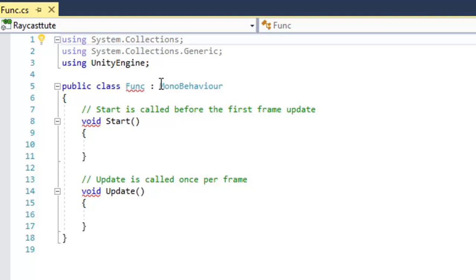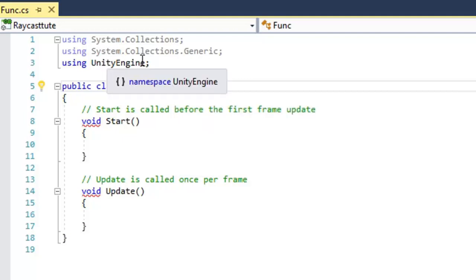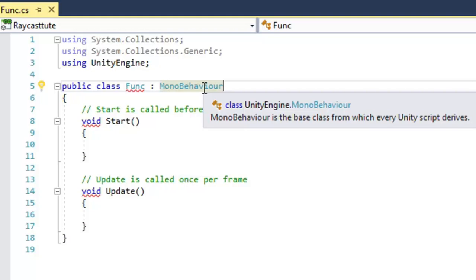Now you can see that we are inheriting, or extending, the MonoBehaviour class. MonoBehaviour is a class already available in the UnityEngine namespace, and various functions and classes are available there which are very useful for game designing. So we can use all those functions in our game programming.